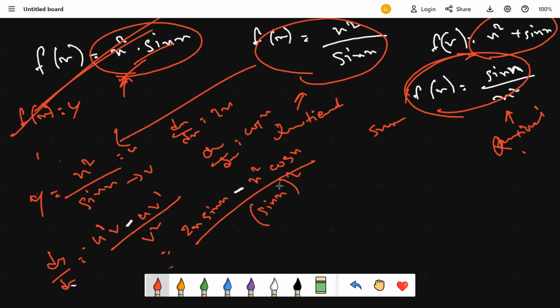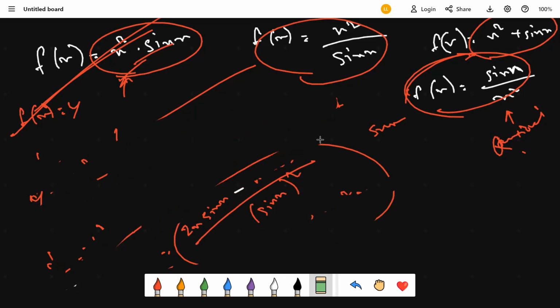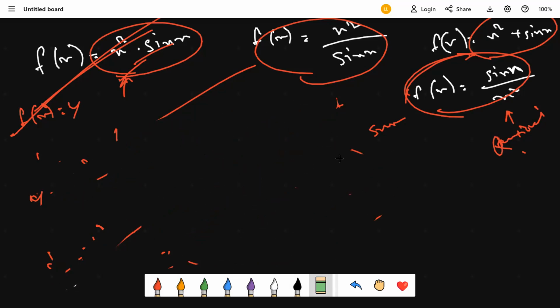Remember, when you implement sine x whole square, we can also write this as sine square x. This is the same thing, these are identical. So our expression is this one: 2x sine x minus x square cos x, divided by sine square x, or sine x whole square. Now going to the third equation,